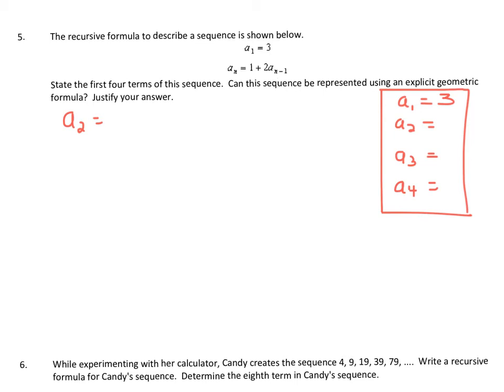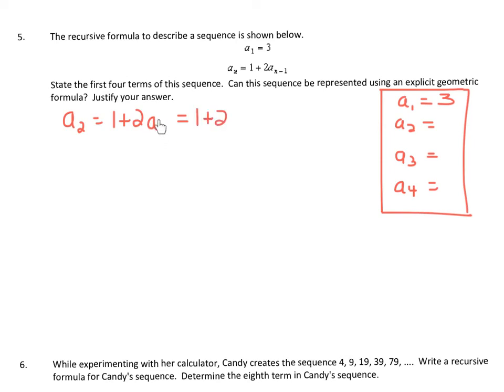Okay, so let's rewrite this as 1 plus 2 times a sub, well, instead of writing 2 minus 1, let's think, what is 2 minus 1? 2 minus 1 is just 1. So instead of writing a sub 2 minus 1, let's just write this as a sub 1. Okay, so now we have 1 plus 2